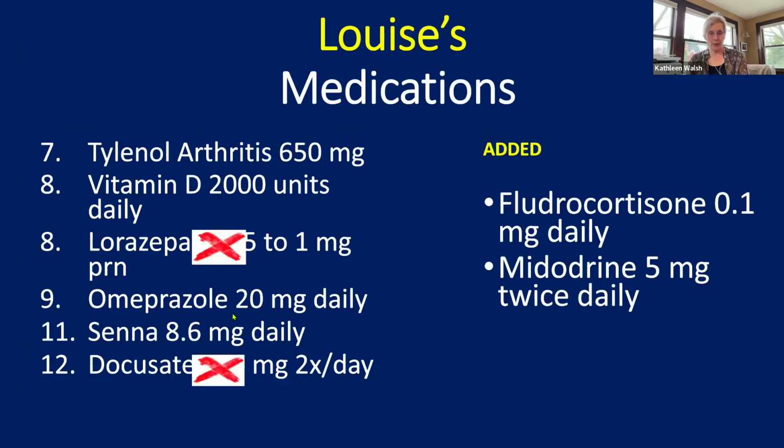Lorazepam, we were able to wean her off that. She's drinking more. She stopped being constipated. But again, I took away about 6, but I had to put her on 2 to bring this blood pressure up: fludrocortisone and midodrine. She is doing great, no longer falling. She feels good. She's more active, able to participate in things. Happy soul. And this is all due to the Parkinson's disease and the dysautonomia that occurs.